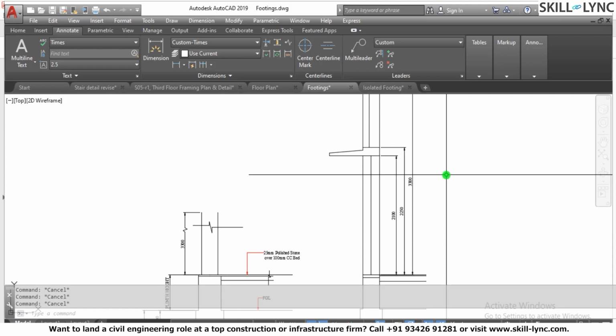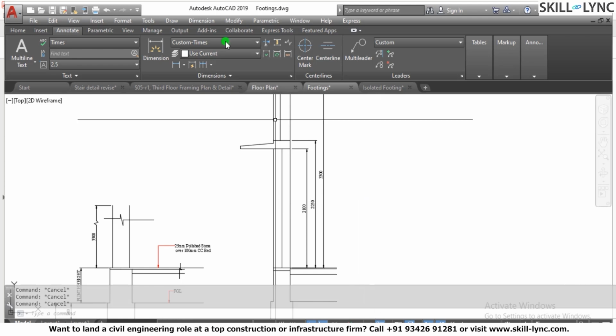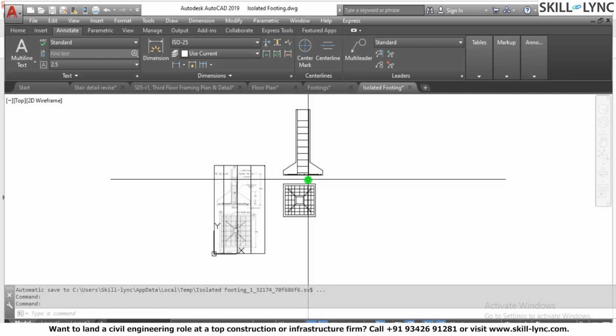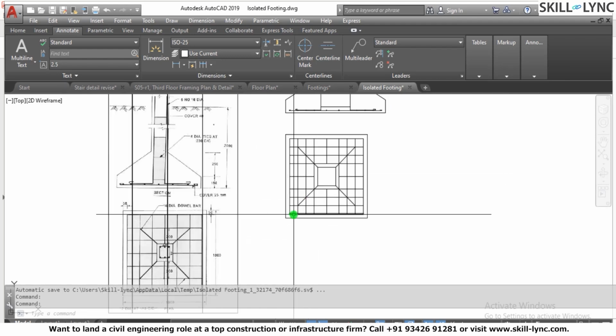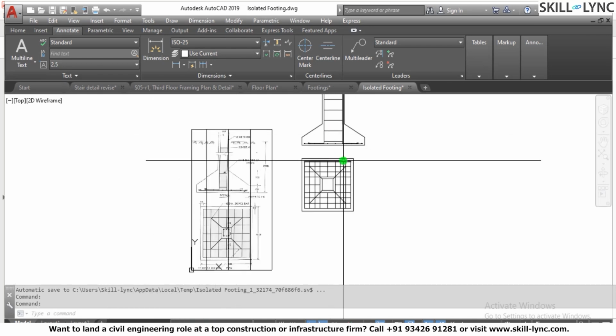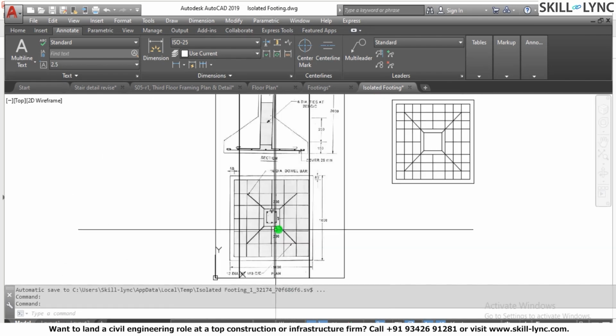So this is one way of using the dimension style, the dimension lines, in a drawing. Then another example that we can go along with is the isolated footing. This is a drawing that has been done for the isolated footing. So I can always again create a style, and now you can see that there are certain